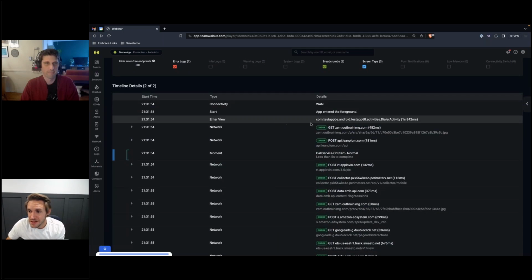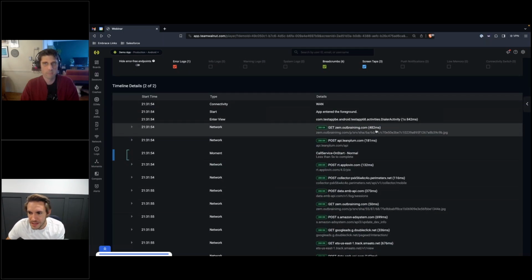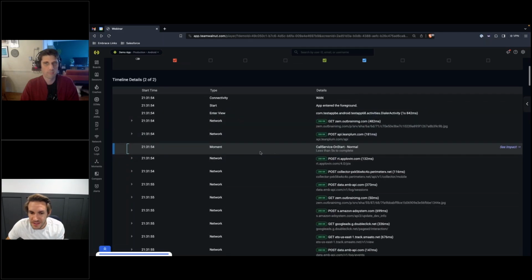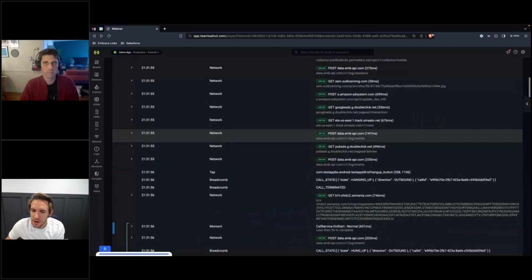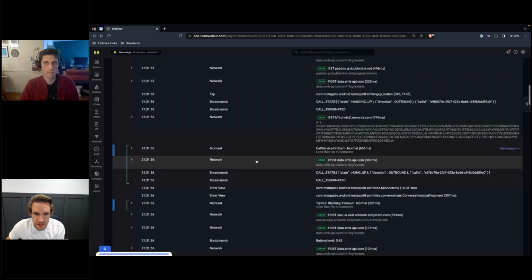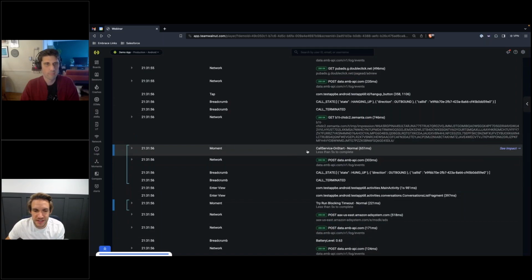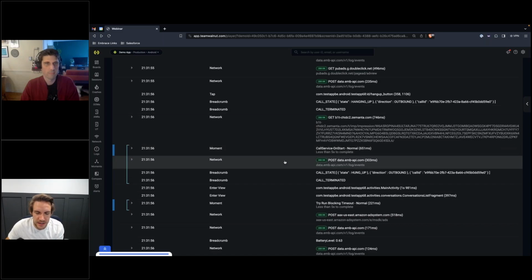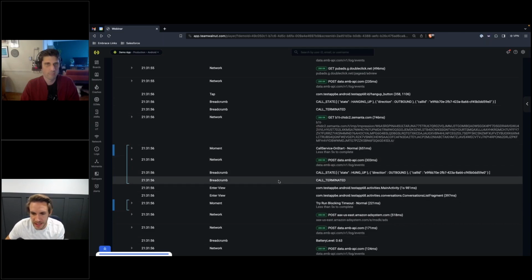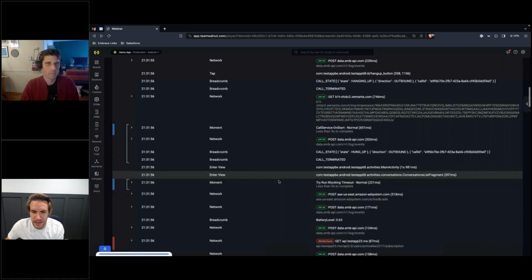In this test app, you'll be able to see the different views they're entering. You'll see network calls and the timing of those network calls. You'll even see some performance timers. So again, these are moments. We'll talk some more about those. But what I wanted to show in here was some of those moments, right? So in this case, this is a key flow inside this test app, this call service on start. You have the ability to tell us when to start that timer and when to stop it. And then you can see what happens inside it, right? The network calls, the low memory warnings, the breadcrumbs in this case, right? It allows you to get a full context as to what actually is happening.